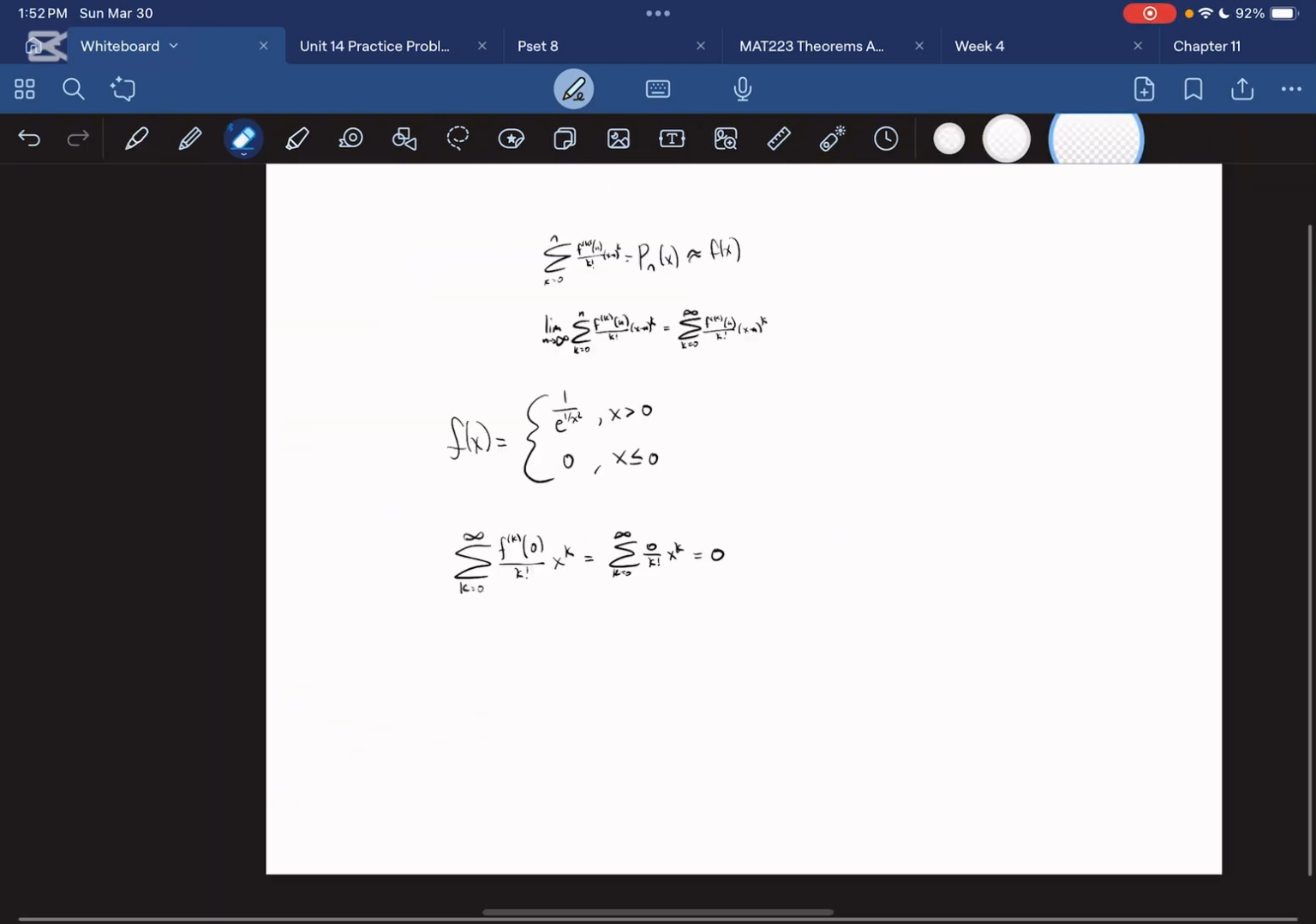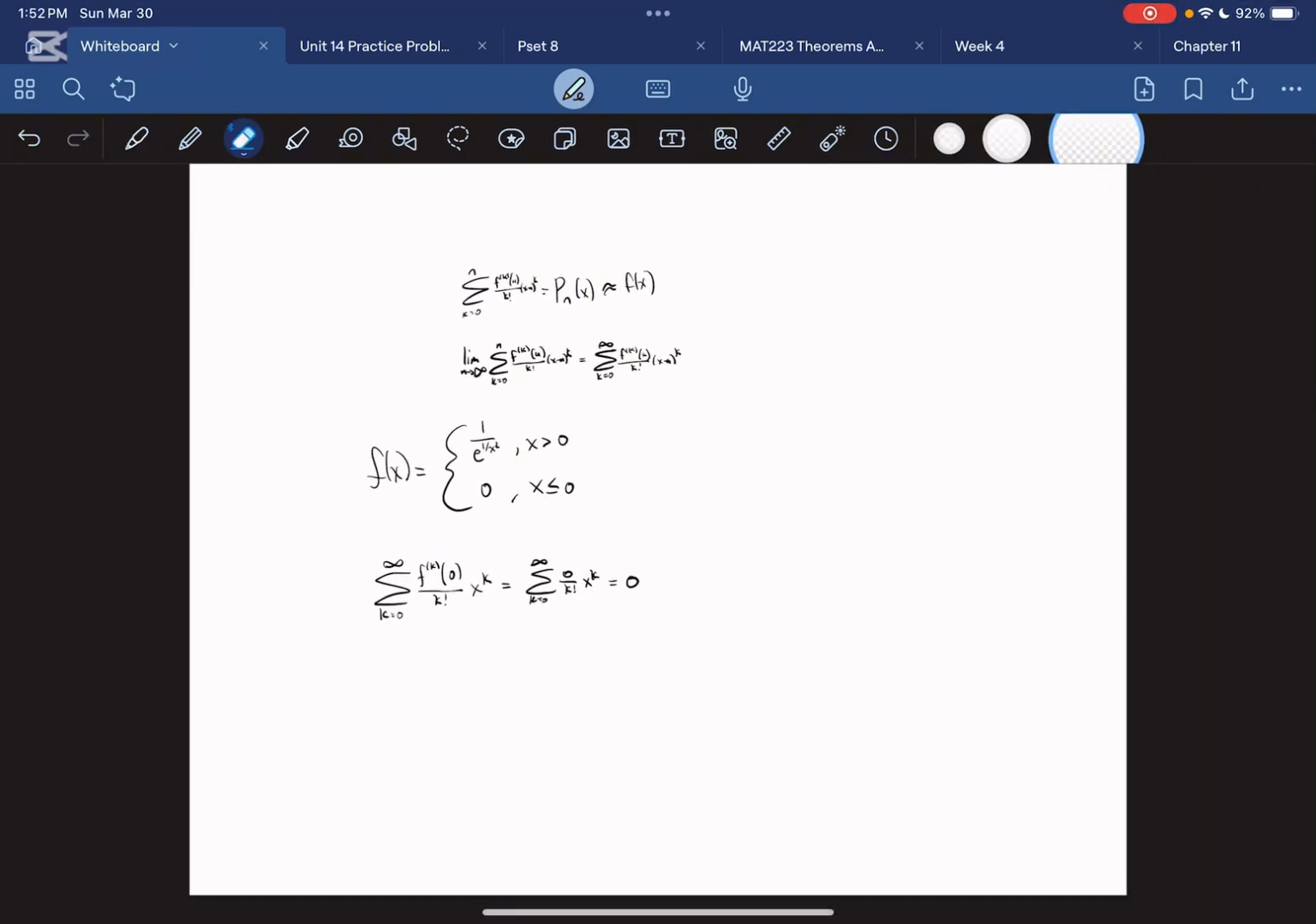So what I'm trying to show you is that not every function can be represented with the Taylor series and be accurate. And we have a name for the ones that are accurate. We say they're analytic. This should be familiar from Calculus. It's where